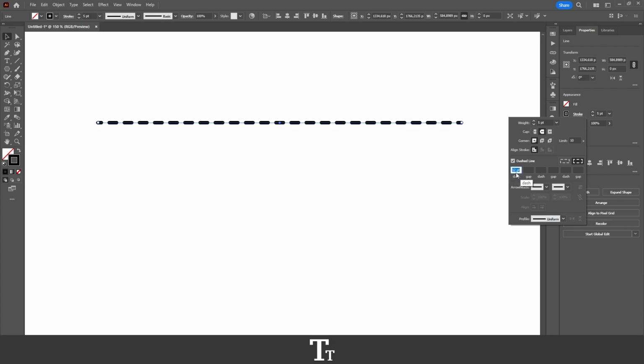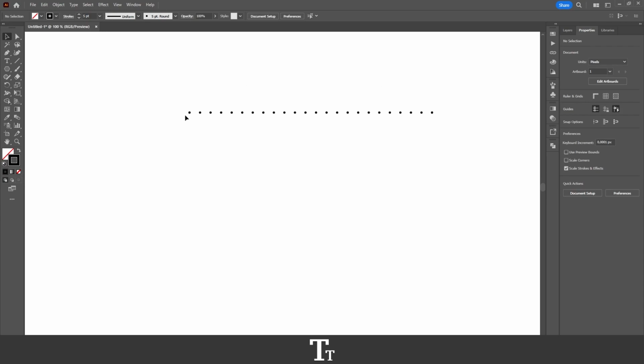So in the dash right here, you can see that right now it says 12 points. So just press 0 right here. And now we want to go into the gap, which is right next to the dash right here. And from here you can actually just start by pressing the up arrow. And you can see that our line is now turning into a dotted line. And the more you turn this up, the fewer dots it will add. So let's say that I only want a few dots. I can just set this up to, let's say, 25 points. And if we just try to select the artboard, we can see that we have now created a dotted line.